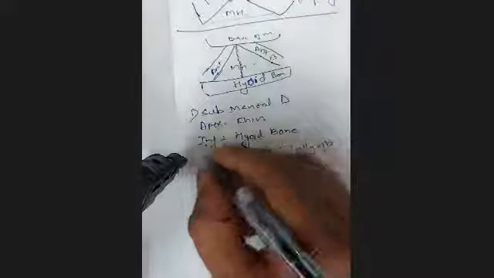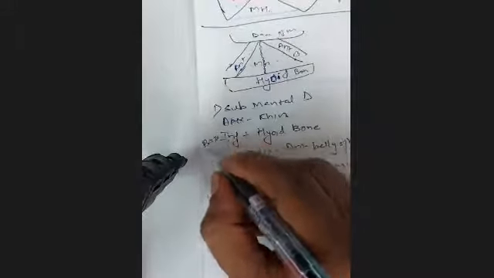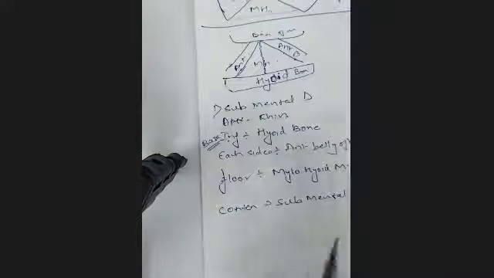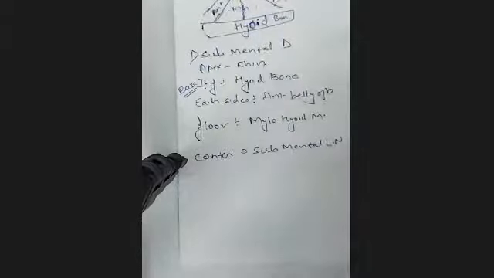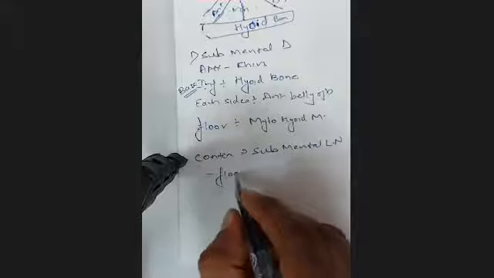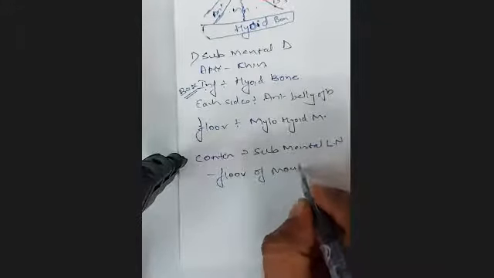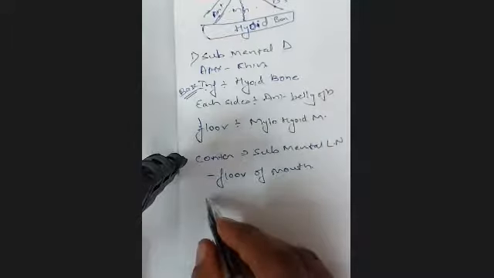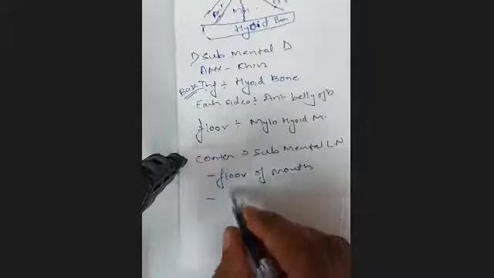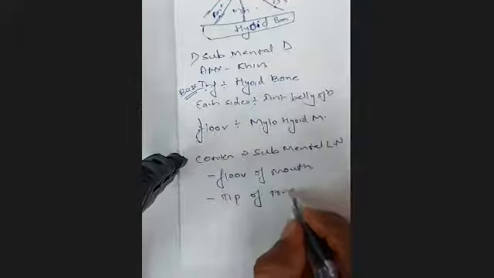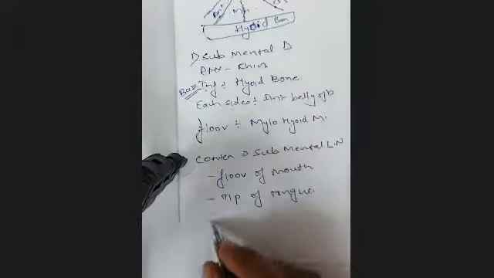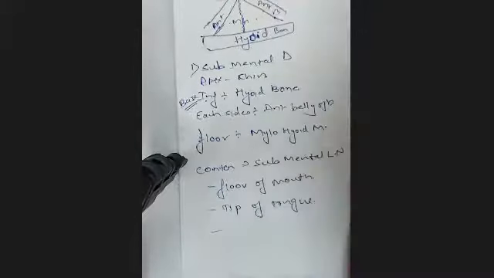So inferiorly we can call it the base. Base is formed by the hyoid bone, and on each side is the anterior belly of digastric. Floor is formed by the mylohyoid muscle. And the content is the submental lymph nodes. They basically, the most important two areas I would say, they drain the floor of mouth and they drain the tip of the tongue. They will also drain the lower lip, central part, and the rest is not so important for you to know as of now.